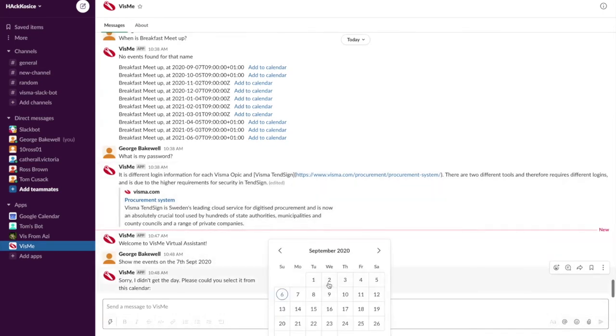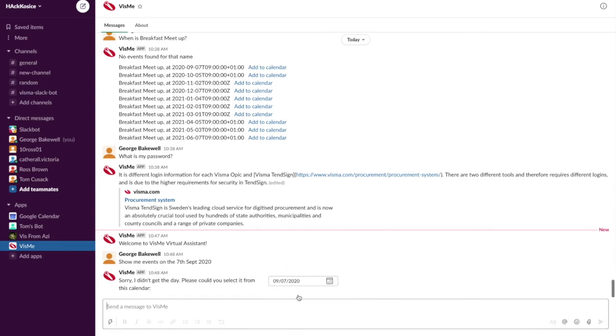So we've made interactive modules in Slack. So that's how we are asking for confirmation. We think it's much nicer than having them to read